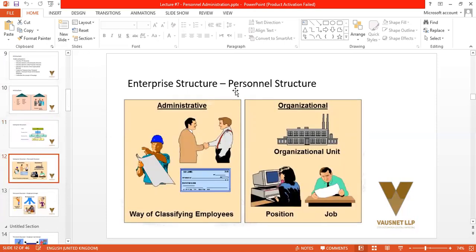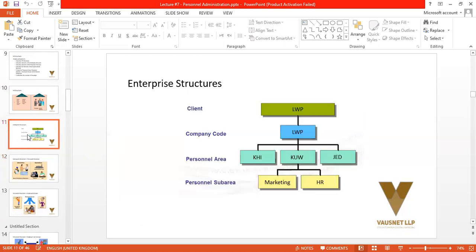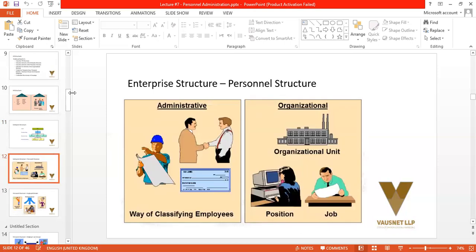Now the personnel structure. This is again how we classify the employees under various personnel sub areas, like organizational unit is marketing or finance or CRM or sales. We have administrative department. Okay. So classifying the employees can be based on